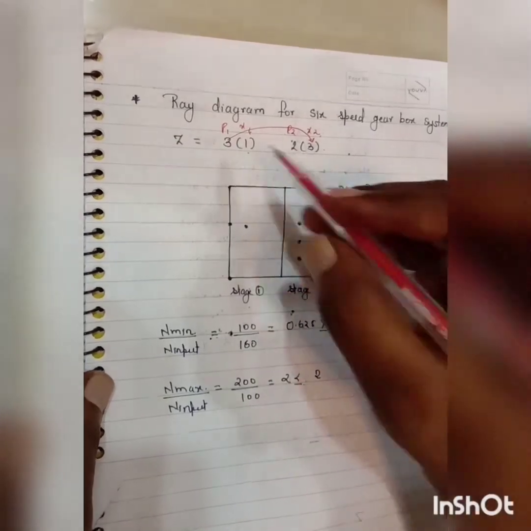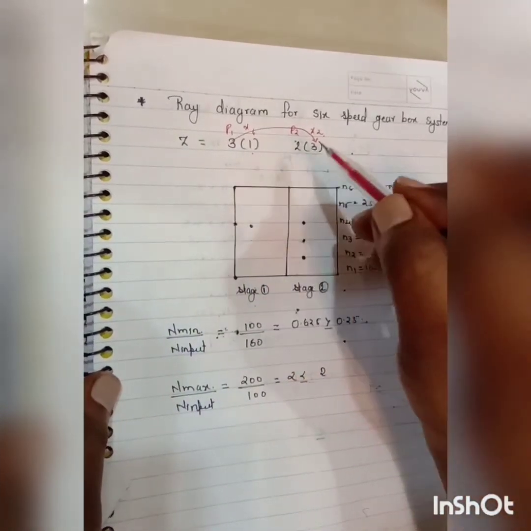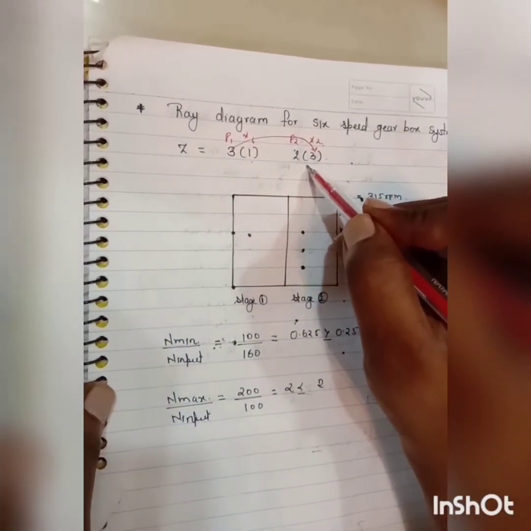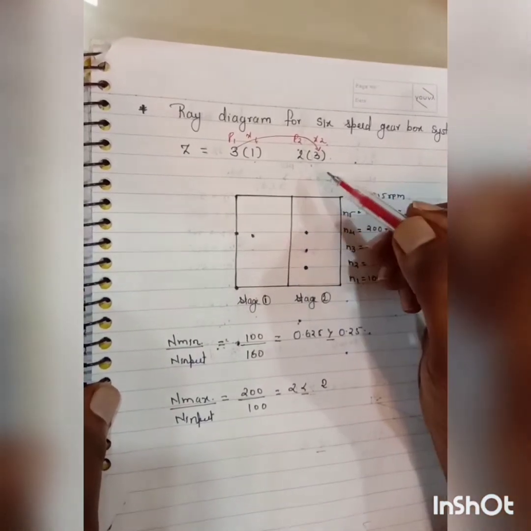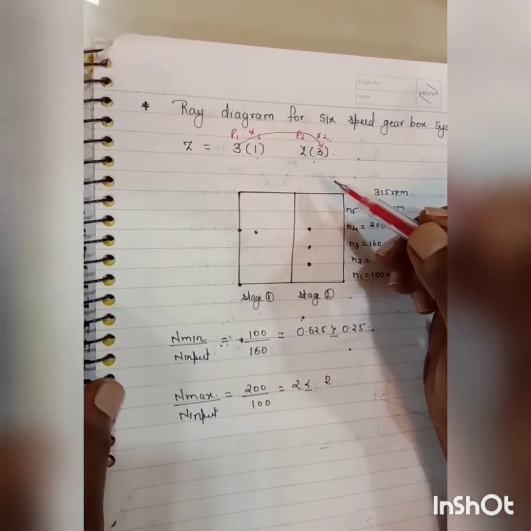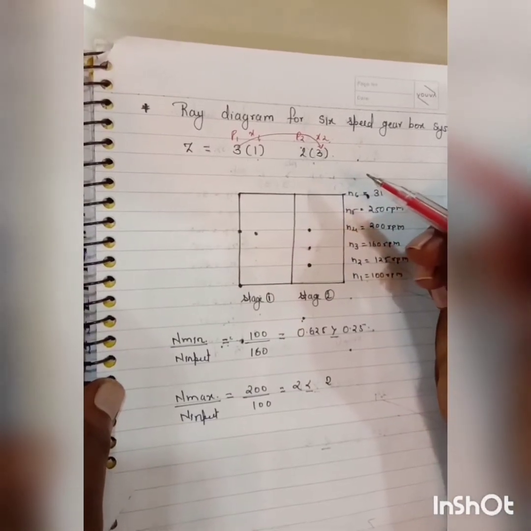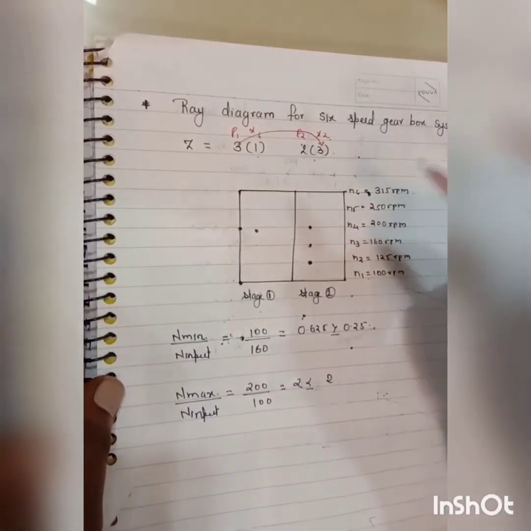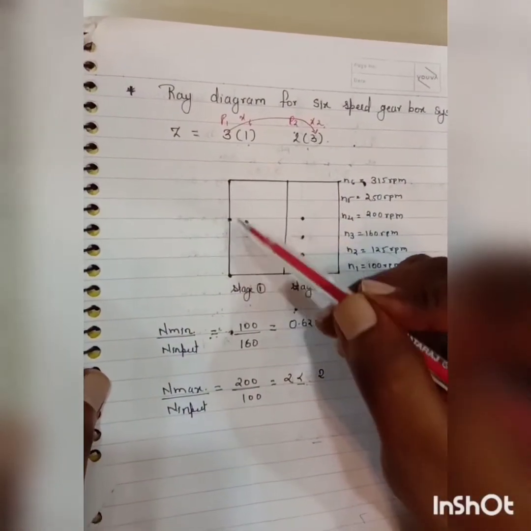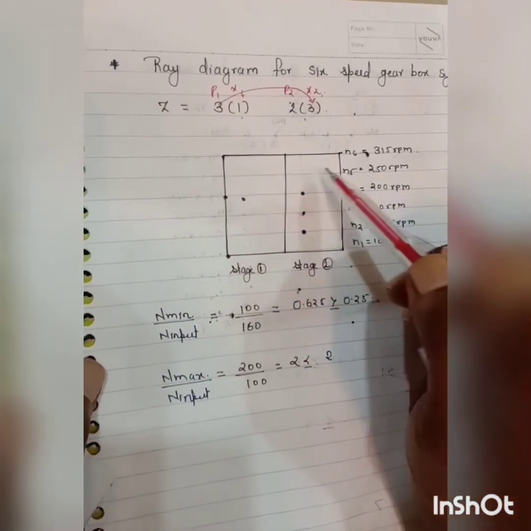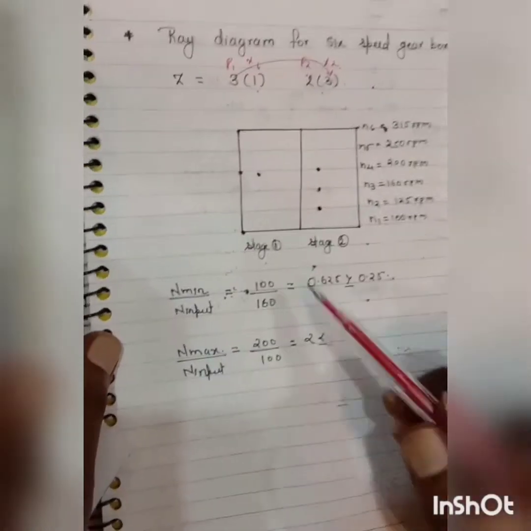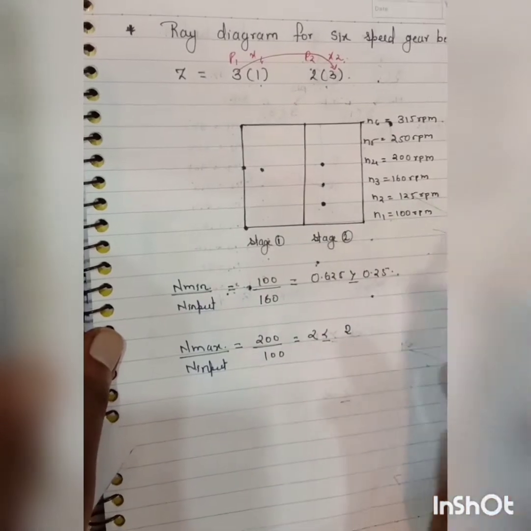So this is the first transmission group, second transmission group. So you have two transmission groups. When there are two transmission groups, you have to add 1 to it, and you get 3 shafts. So you have 3 shafts. This vertical line indicates shaft 1, 2, 3, and thus become your stages, stage 1 and stage 2.